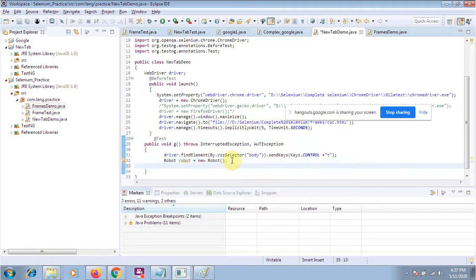Now, by using the Robot class, we will press the Control key and then press the T key.